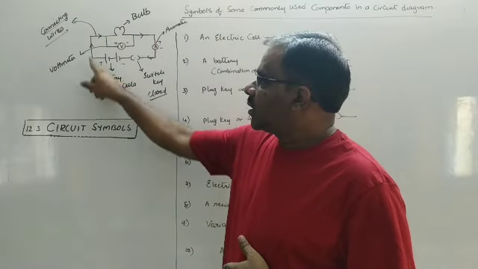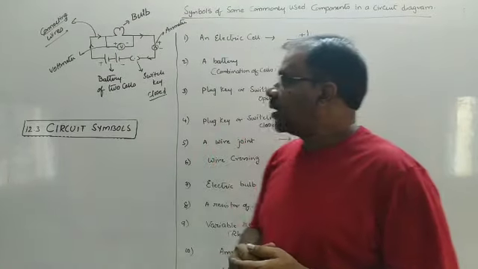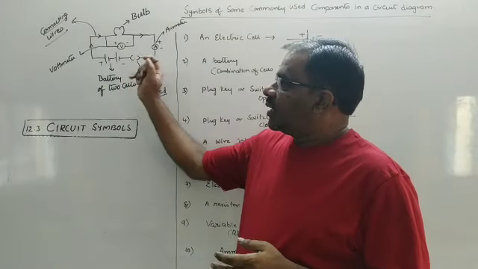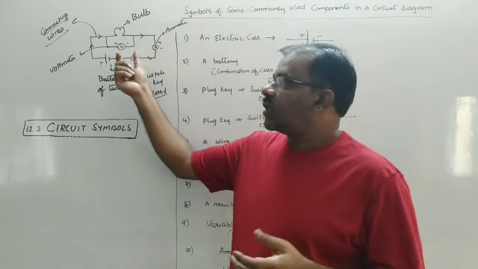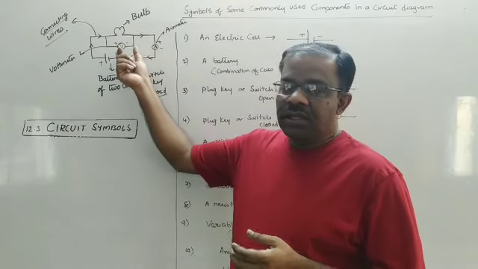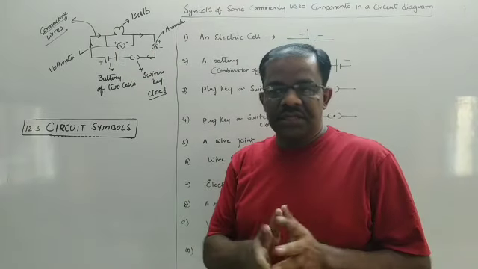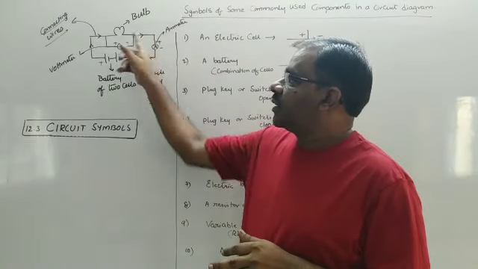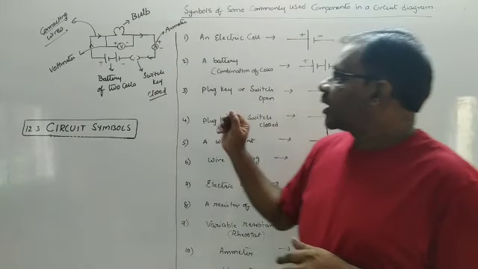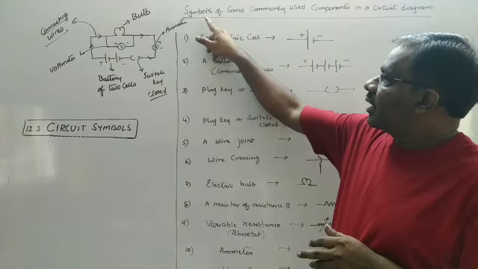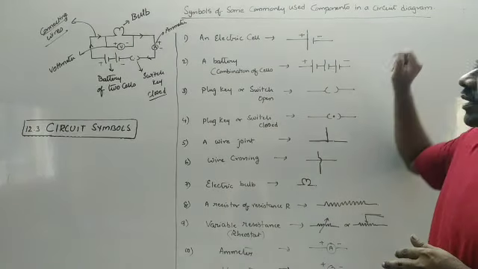Now, this is a circuit diagram representing various components in an electric circuit. So, it is difficult to draw the actual picture of the circuit using the conventional things. So, what we do, we make things easier by using electrical symbols. Now, let us see what are the various electrical symbols and what are the actual components. So, we are trying to know about the symbols of some commonly used components in a circuit diagram.